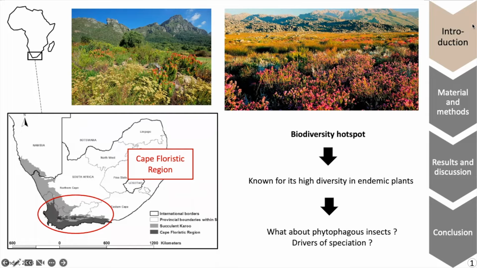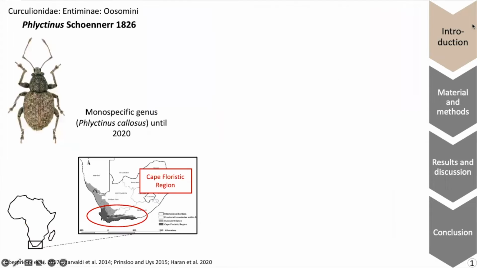By contrast, insect diversity has long been considered poor, but recent studies revealed higher than expected levels of arthropod diversity, especially in phytophagous insects. We can therefore ask ourselves if the diversity of phytophagous insects is as poor as first considered, and if not, what is their diversification process? Is it mostly driven by abiotic factors, as for the plants, or by the plant diversity itself?